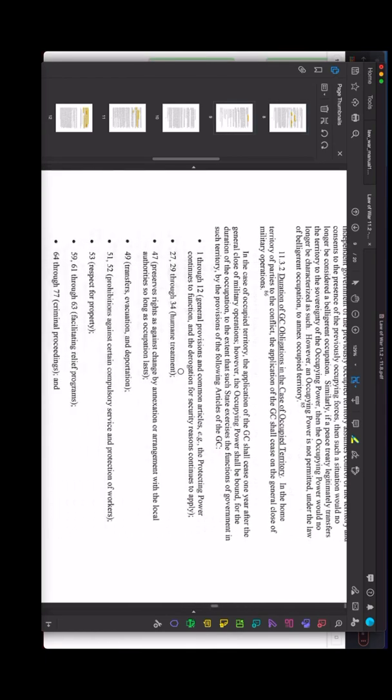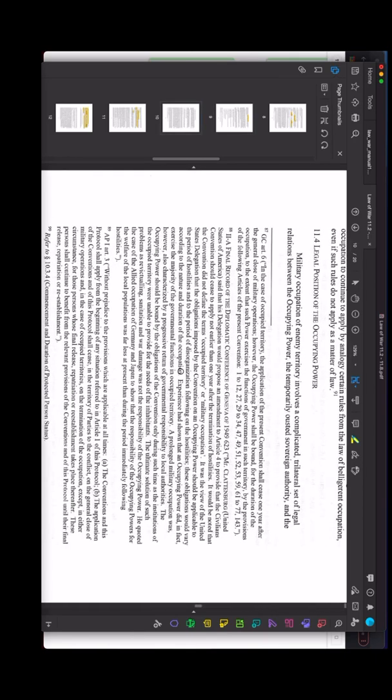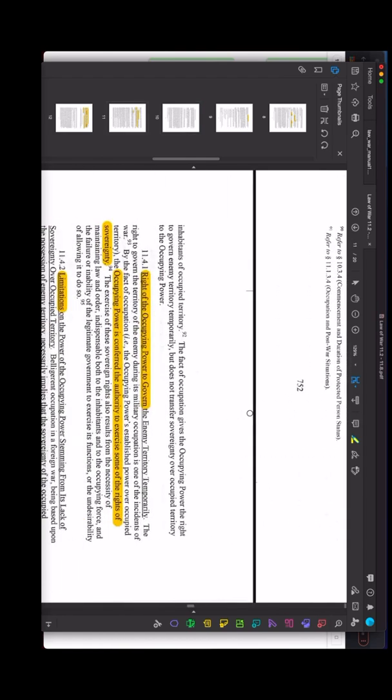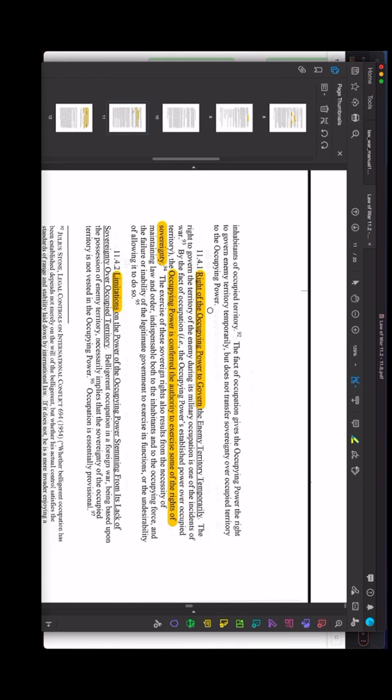Okay, so legal position of the occupying power. This is some of the requirements and so on. So here's the idea. The occupying power actually has the right to govern the enemy territory temporarily.